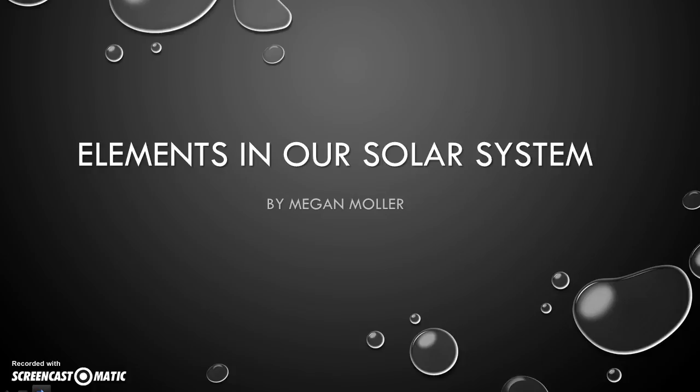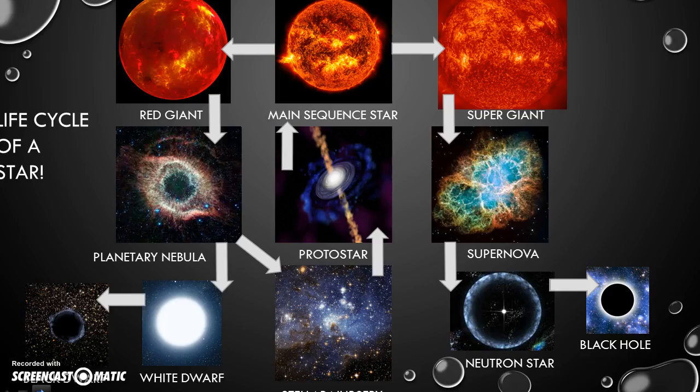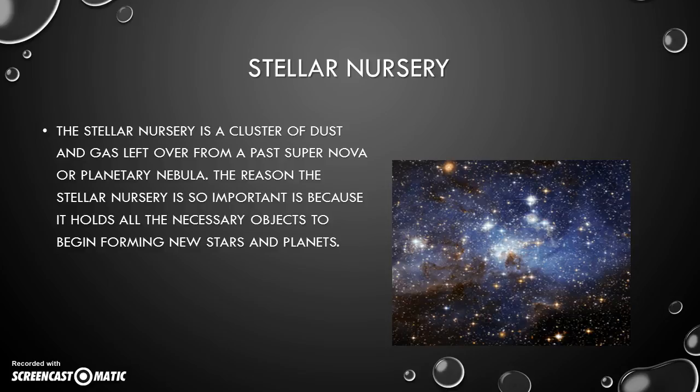Elements in our solar system. So the life cycle of a star has many different phases, and it's based on the size of the star, but they lead to different outcomes. It starts off with the stellar nursery, which is a cluster of dust and gas left over from past supernova